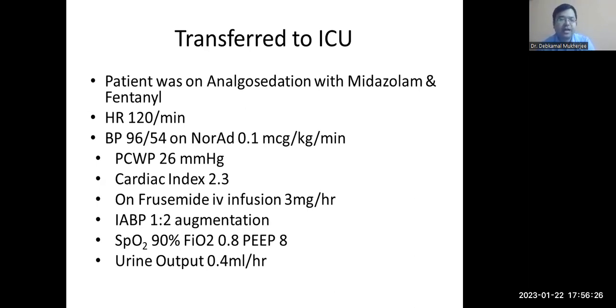He was put on IV furosemide infusion 3 milligram per hour, and IBP was inserted as I had said earlier. It was giving a 1:2 augmentation. This patient was saturating around 90% with FiO2 of 0.8 and PEEP of 8. And his urine output was on the lower side. It was just 0.4 ml per kg per hour. Okay. So Dr. Aryan sir, you'd like to comment on the hemodynamic indices here, the blood pressure, the wedge,